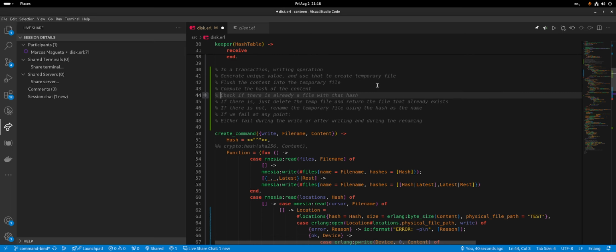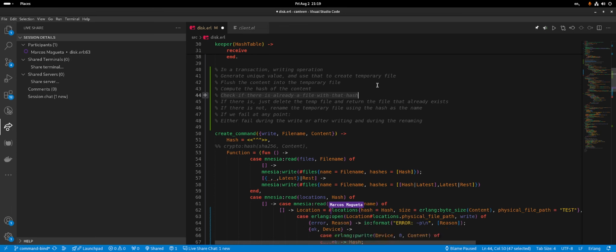And then there's this step which is the one that I'm confused about. Check if there is a file with that hash. Are we searching for any file with the hash of the content written into it? Not written into it. We're looking for a file where the name is the hash that we just computed. If there is, delete the temp file and return the file that already exists. If there is not, rename the temporary file using the hash as the name. I see. So the temp file is just like a placeholder of some sort. And if there is something already there,